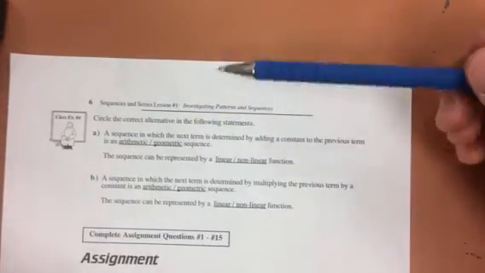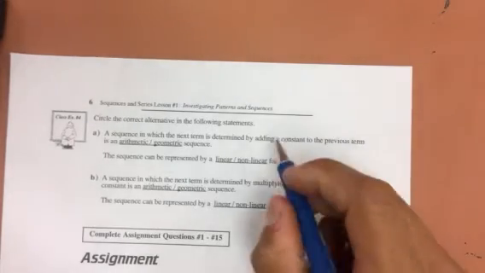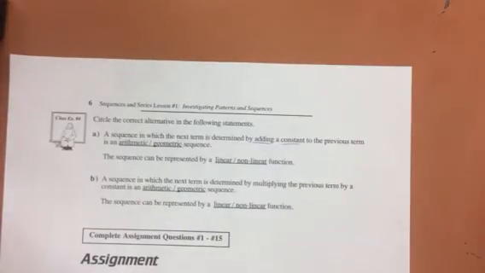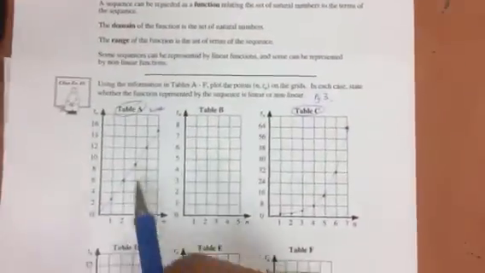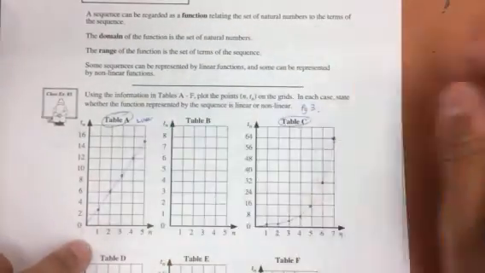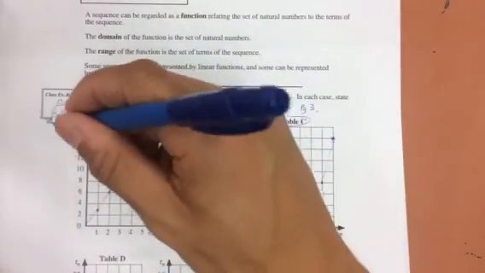Now, circle the correct alternative in the following statements. This is example number 4. So a sequence in which the next term is determined by adding a constant to the previous term. So if we look at our graph and compare the two, table A and table C, with table A, that was the card question, right? Every time we were